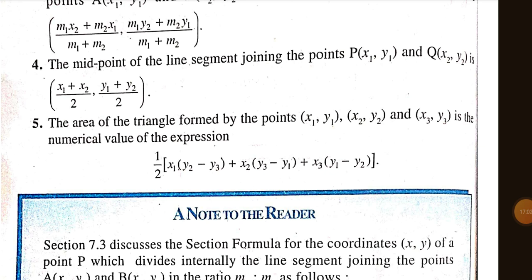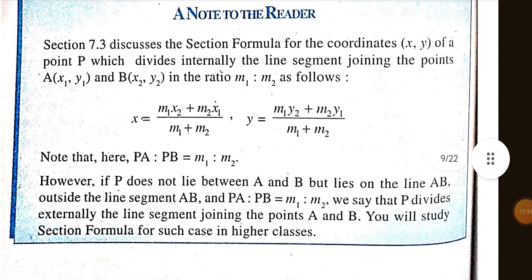5. The area of the triangle formed by the points (x1, y1), (x2, y2) and (x3, y3) is the numerical value of the expression 1 by 2 [x1 (y2 minus y3) plus x2 (y3 minus y1) plus x3 (y1 minus y2)]. A note to the reader. Section 7.3